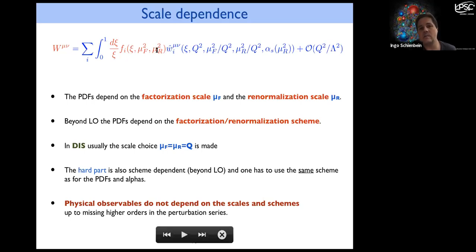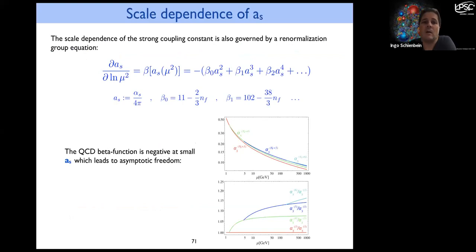At finite orders, there is a residual dependence, and that's, as many of you probably know, the reason why these missing higher orders are estimated by varying these scales around a central scale by some arbitrary procedure, but a procedure everybody is using, so one can somehow compare it. First of all, as I said, we have the renormalization group equation for the strong coupling, known to very high orders in different renormalization schemes.